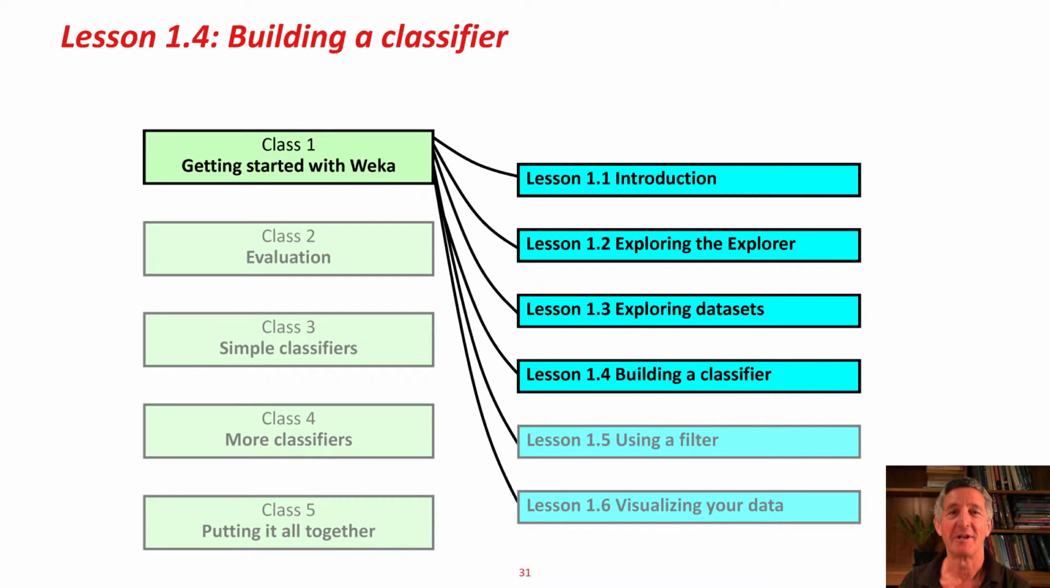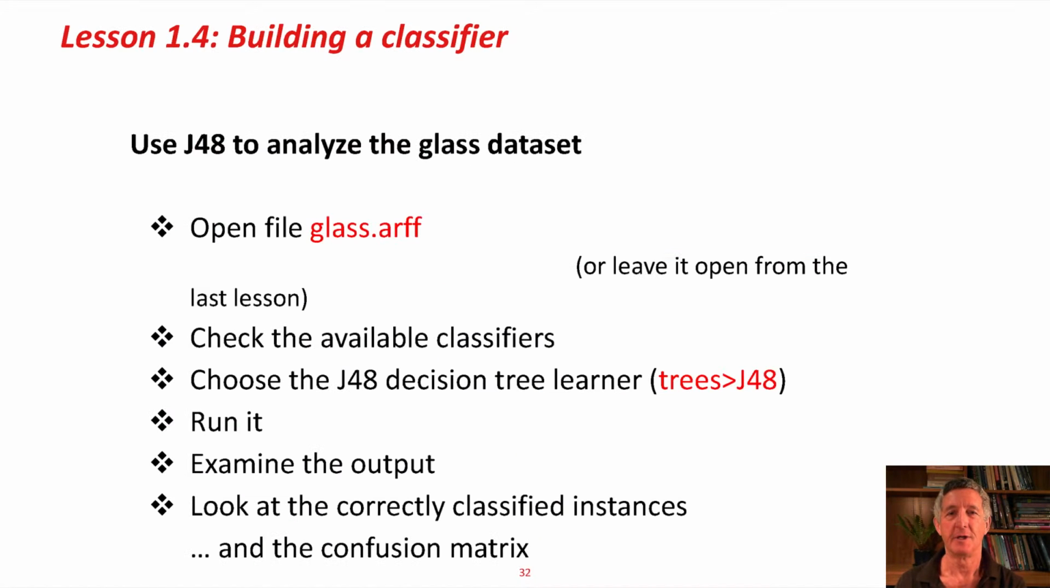Hi, you probably learned a bit about flowers if you did the activity associated with the last lesson. Now we're going to actually build a classifier, lesson 1.4, building a classifier. We're going to use a system called J48. I'll tell you why it's called J48 in a minute, to analyze the glass data set that we looked at